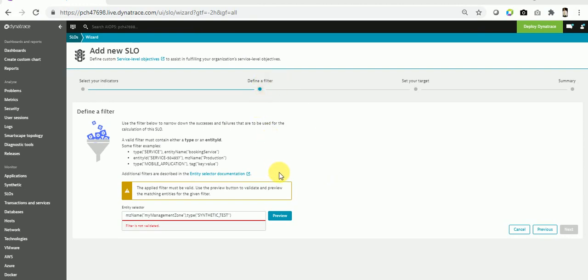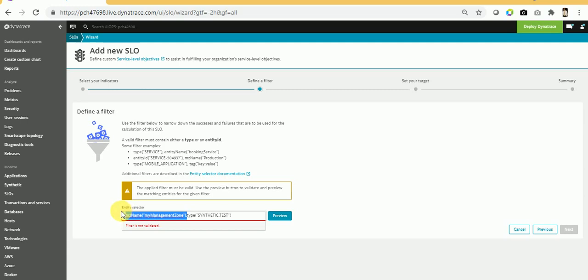In this filter tab you can see there is an out of the box management zone MZ name, which means the management zone name. In the next video I will cover how to create a management zone in Dynatrace and what the benefit of creating a management zone is. And the type here is synthetic test, so this is good, because you are going to create the SLO for the synthetic.